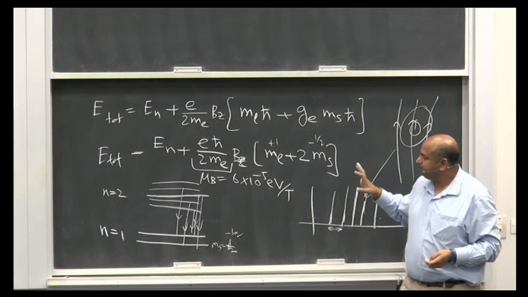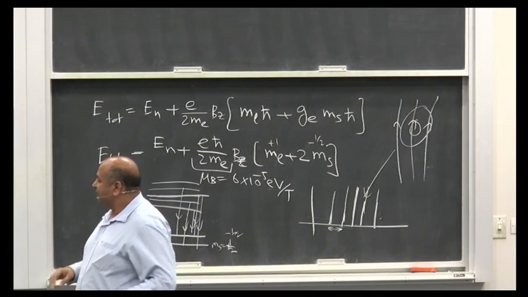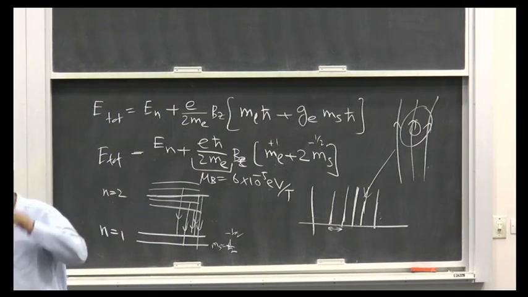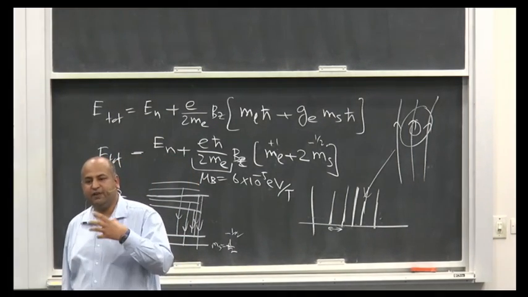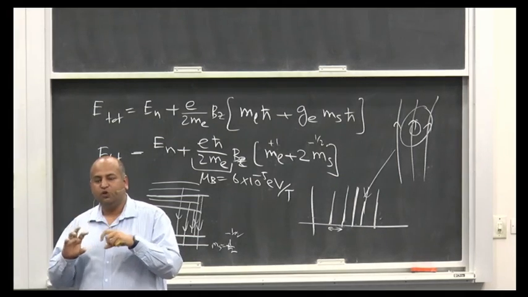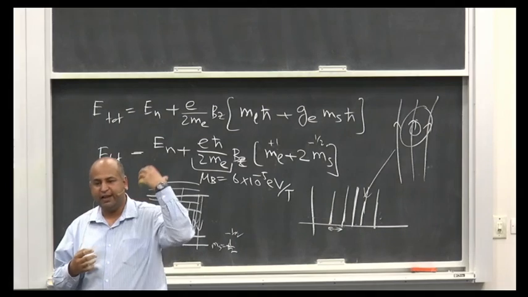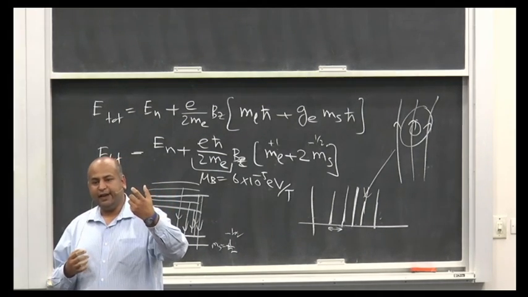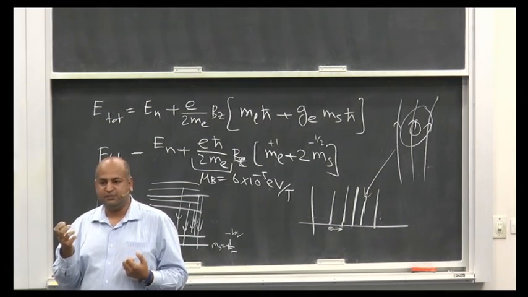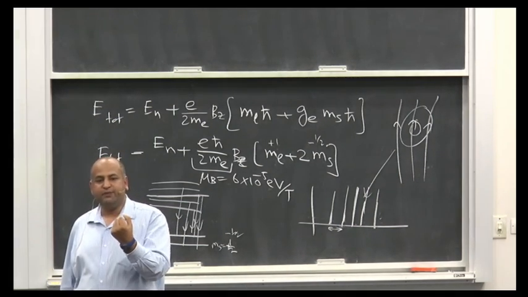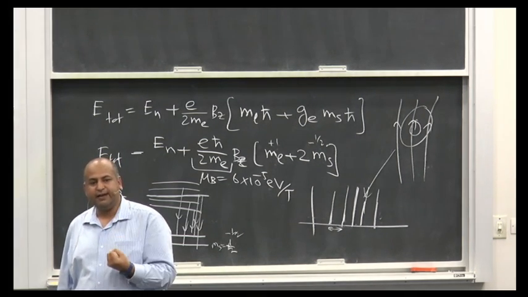So let me just summarize in 1 minute because I asked for 10 minutes. That electrons in orbits have an angular momentum due to quote-unquote orbital motion, and that angular momentum gives rise to magnetic dipole moment, and then electrons have an intrinsic angular momentum, quote unquote, due to spin, it's called spin, and the net angular momentum is a sum of the two angular momentums, and the net magnetic dipole moment is also the sum of the two magnetic dipole moments,